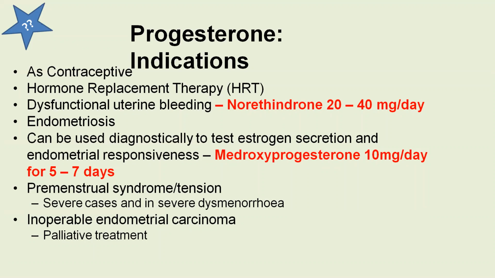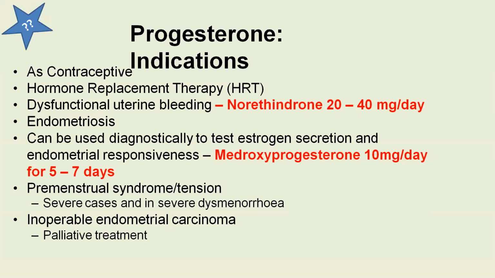Then it is also used in endometriosis. Endometriosis is a condition where there is ectopic endometrial tissue outside the uterus, and that ectopic tissue thrives on an estrogen-rich environment. So what should be your goal there? You have to provide an estrogen-free environment. When you give progesterone, it decreases the synthesis of estrogen receptors, thus decreasing the action of estrogen. And so the ectopic endometrial tissue cannot survive.